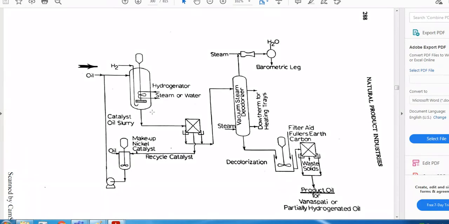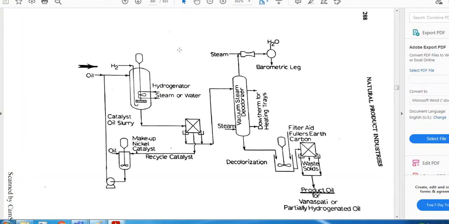and close the bottom valve and then start the steam, and then we will try to melt it. Now I will add the Raney nickel to it, and then I will mix it in such a manner that the Raney nickel is suspended in the entire phase. But how to suspend it, that is important. So I use hydrogen now. When I pump hydrogen from the distributor plate, the bubbles of hydrogen will come out and start moving in the upward direction. And these bubbles are to be distributed inside the bulk of the liquid phase.